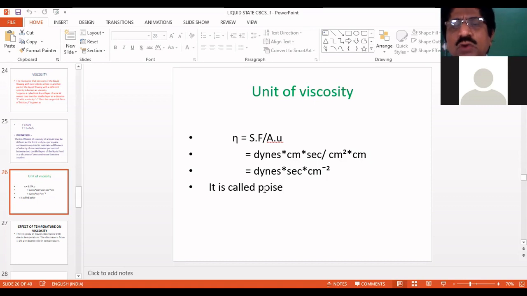This is the name of the scientist who gave viscosity as a characteristic property of the liquid. Later, his name was given to the unit of viscosity, the poise. He is the scientist who described that property of the liquid as viscosity, and hence his name was given in the short form. We do not call the unit Poiseuille, but poise, based on the scientist's name. So that is about the viscosity.